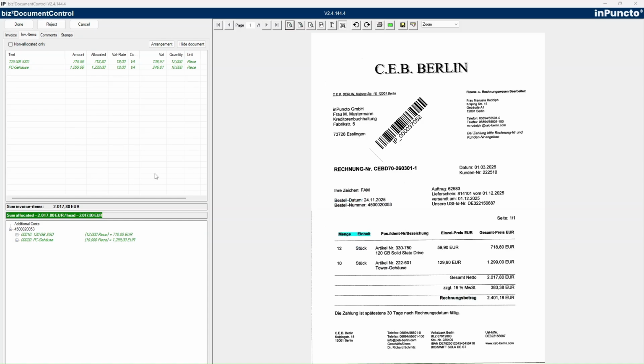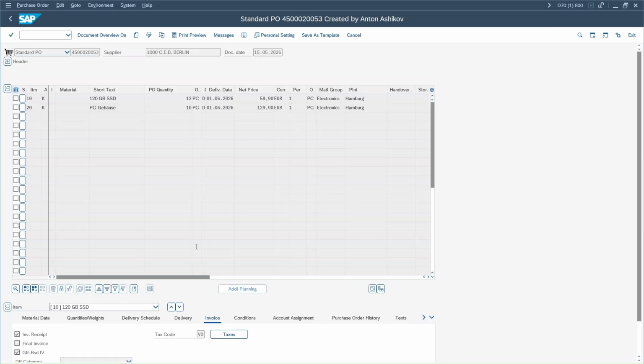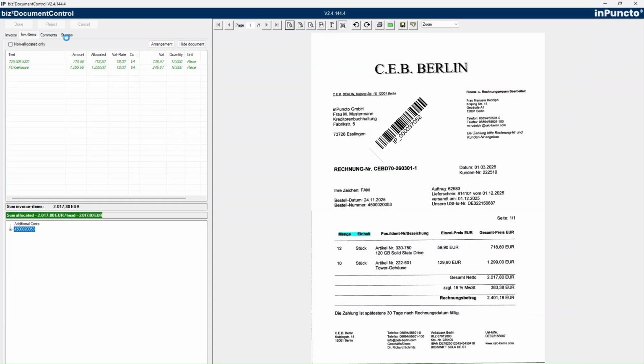From here, we can also open and review the purchase order itself, including all relevant details. By double-clicking on the number of the invoice, we can directly go to the purchase order, and we can check everything if it's necessary. For our example, everything is correct, and we can go forward with the next step. So we can close this window and go to the next step, which is the final step, and assign it